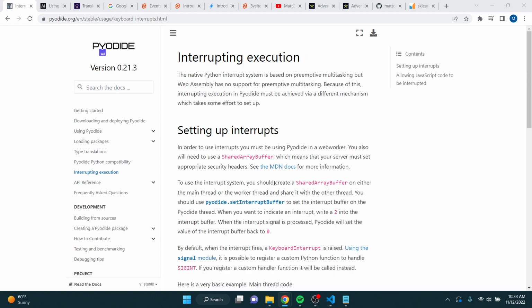with this method here. It did require a SharedArrayBuffer, which required setting some security headers, which is fine. I could do that. I think there might be an easier way to do it, and I'm not going to work on this today in this video, but